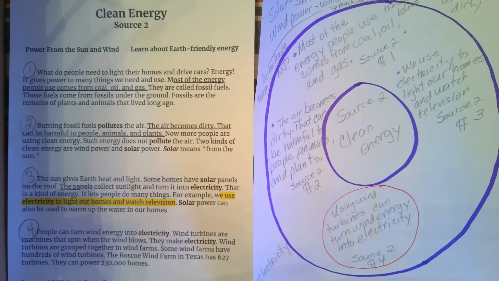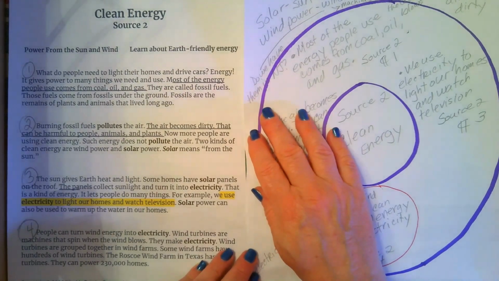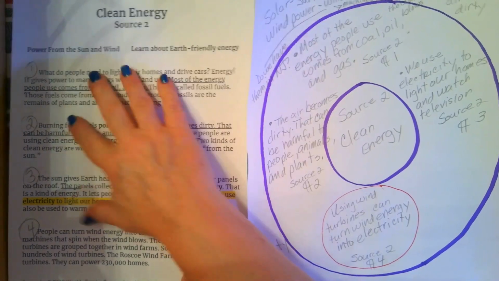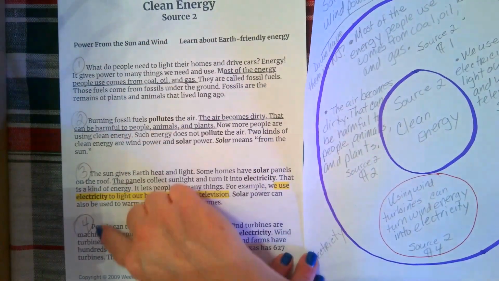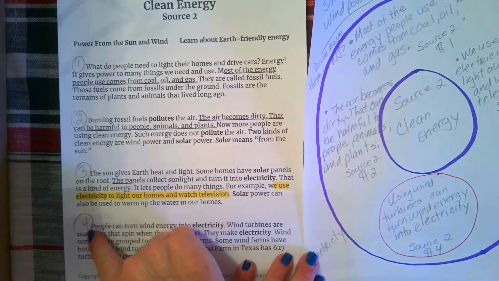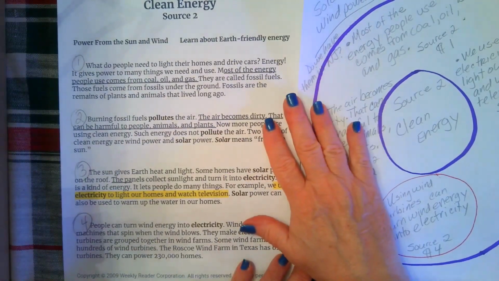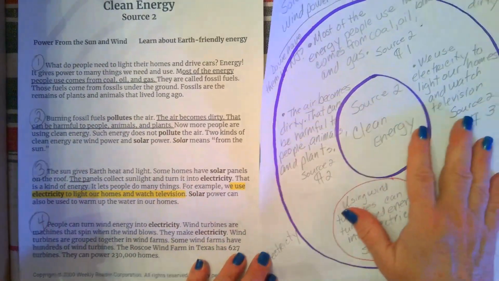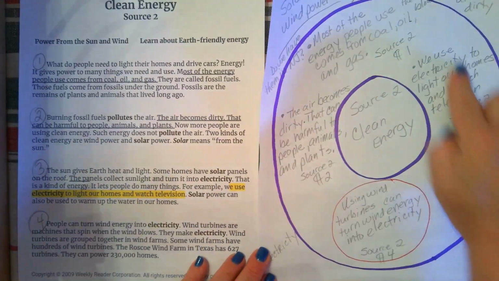Now we're at day two. You're going to repeat the same process you did for day one for source one. You're going to have the students number their paragraphs. Again, point out the indentation for each paragraph. Make sure it's labeled source two. You're going to give them a different color circle map,